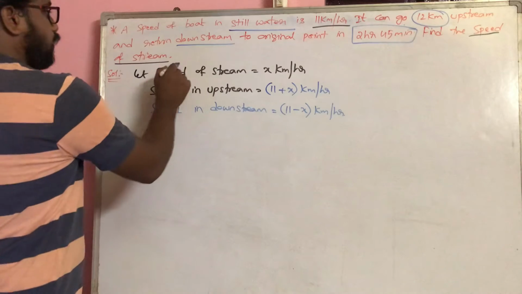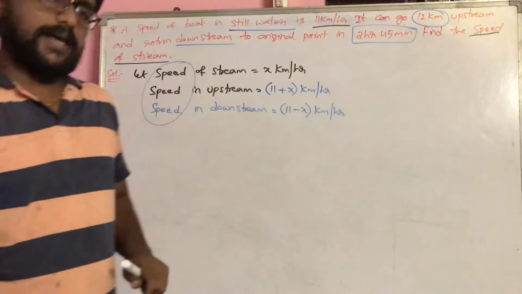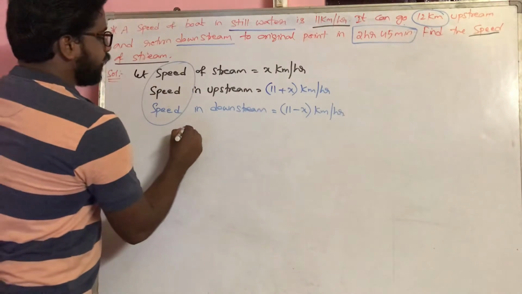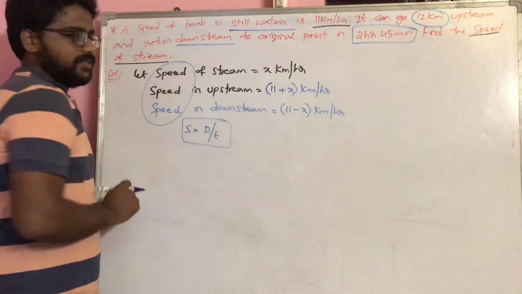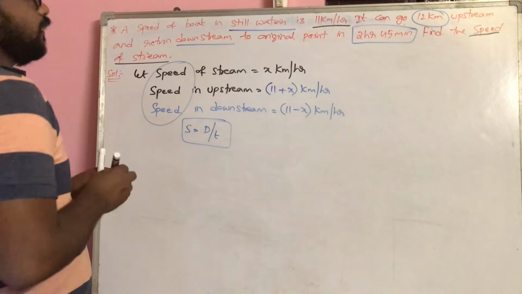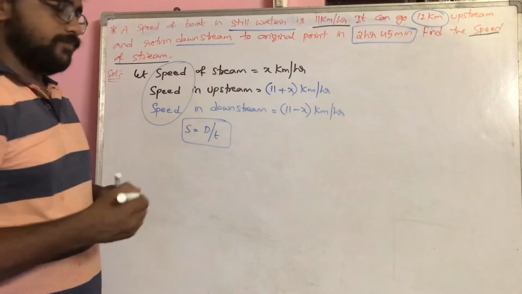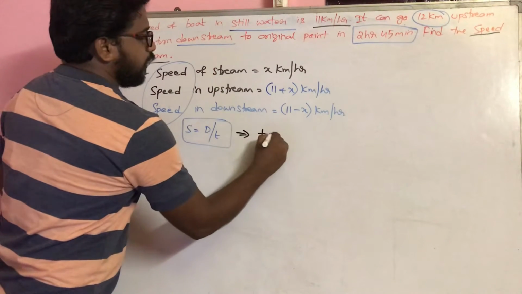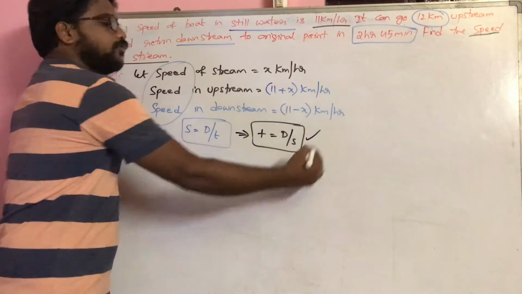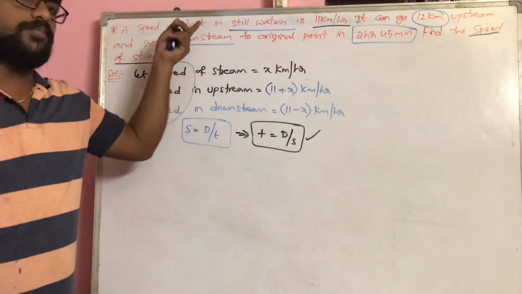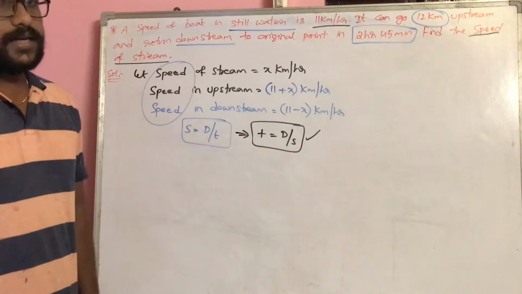So you can see here, till now we spoke about speed, and the distance they had given and the time also they had given. So that means indirectly we have to go for the speed equals distance by time relation. This is the only thing that we have to use. Okay. I told you before that you can use any sort of relation, but my personal suggestion is to always try to get the value of t is equal to d by s, and try to use this relation in case of speed, boat or train based sums, so that it will be easy for you to get the answer.